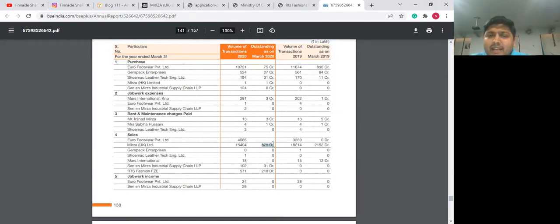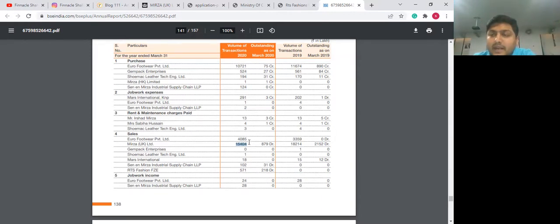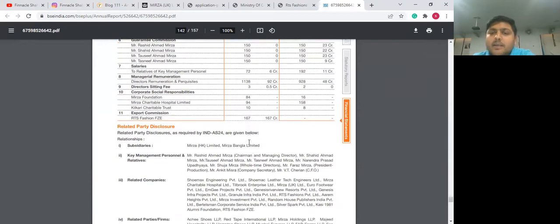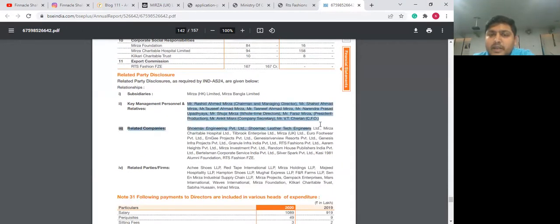And this is the ending balance, obviously something which we won't be using, but yes, this does matter to us. So 154 crore sales out of 1260 crores. 154 crore sales are made by the company to a private company, maybe perhaps owned partially or maybe fully. We are yet to check on that.